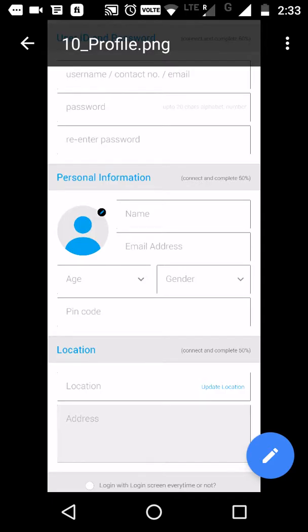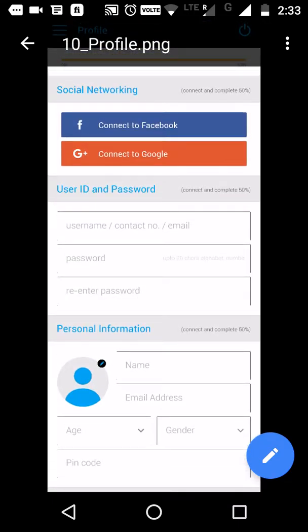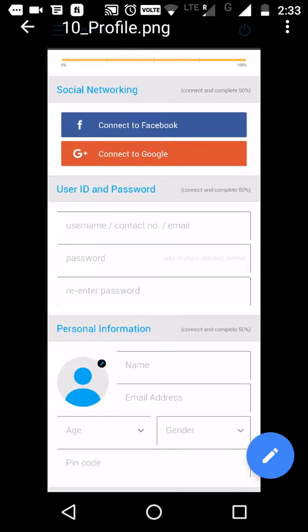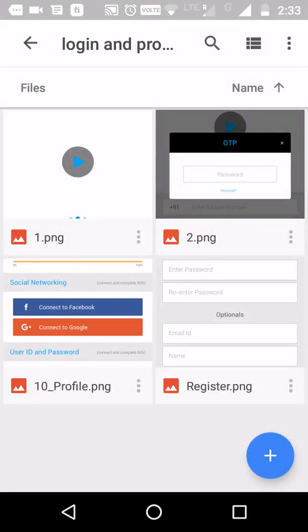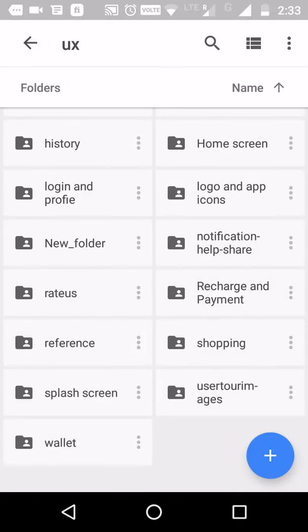So that is the thing, these changes are required. If you can do them, I'll be happy, or else you can do them after completing all the other changes. If you want, you can do the profile work. And I think you can use the resizing options perfectly in the